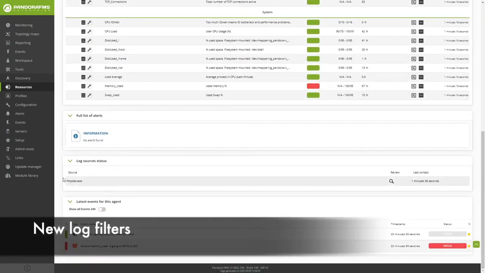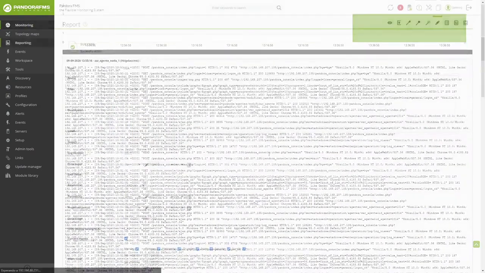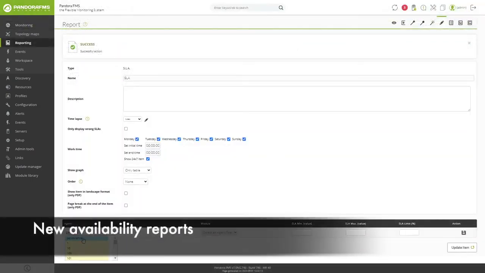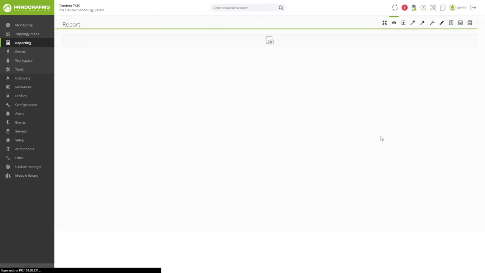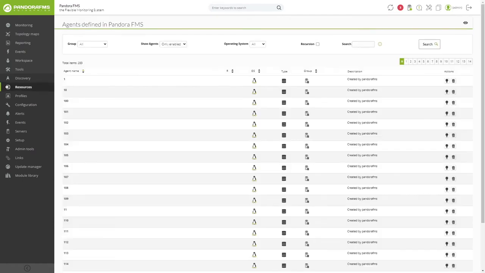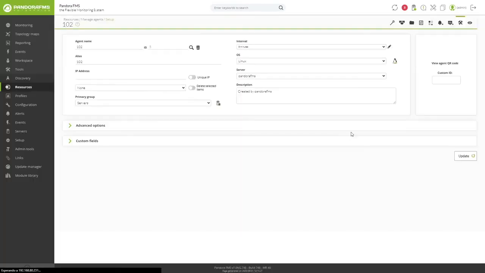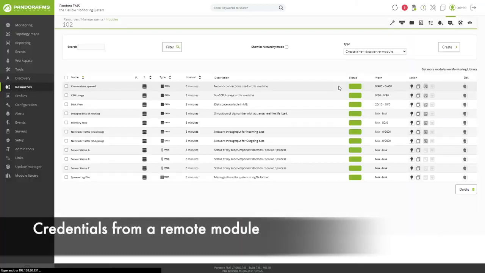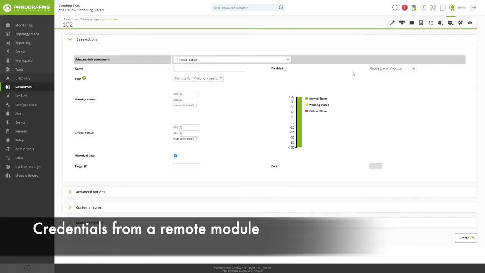New filters and log views have been added to the console. Availability reports have changed, and you can choose the 24/7 option. A link to the credential store from remote module creation has been added, which enables you to easily access the